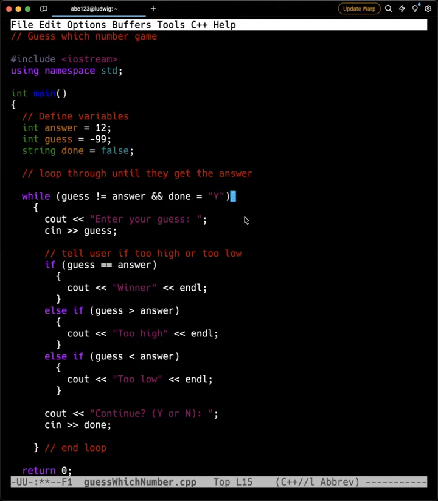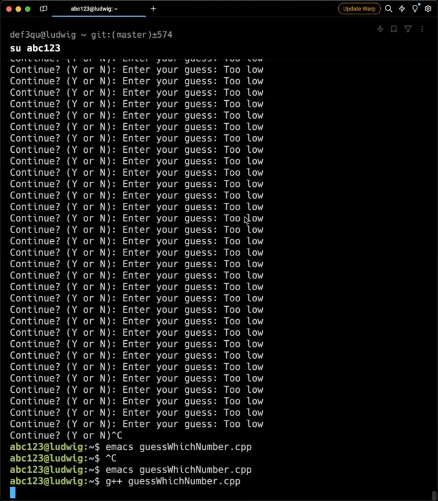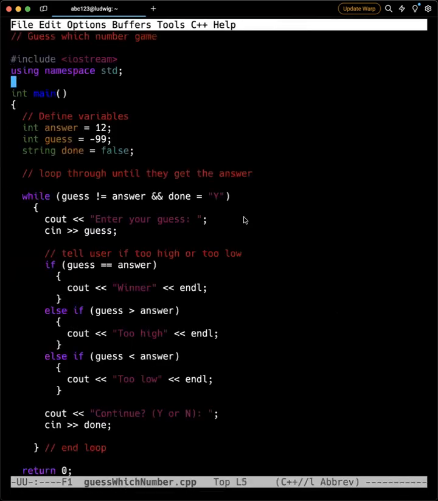May as well. Let's try that. Nope, doesn't look right. Oh, because I'm doing something weird on line 11. Oh, because I didn't fix that. So I want to start off done being,